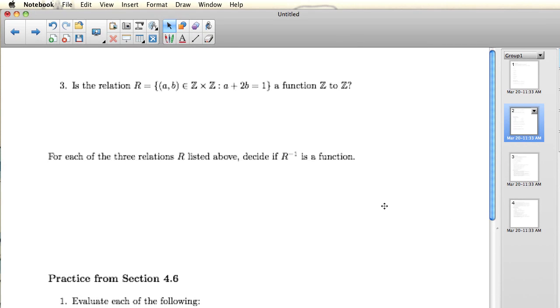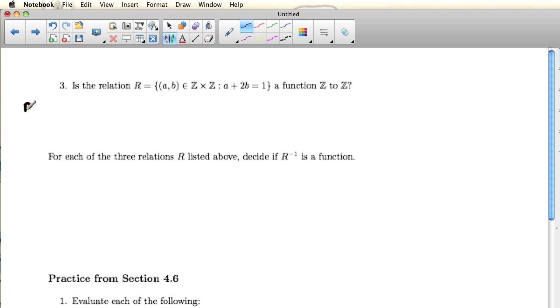On the second page of the worksheet, we have more problems about when relations are functions. We approach these the same way that we did the other ones, where we want to give ourselves a little bit of information about what the relation R is actually doing, and we can do that by writing out some of the pairs that are described in the set. So in this relation,